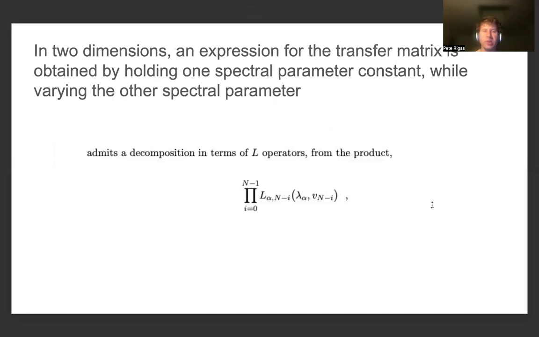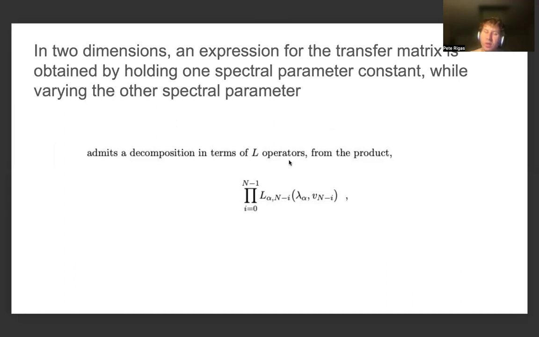And in 2 dimensions, an expression for the transfer matrix is obtained by holding one of the spectral parameters constant while varying the other spectral parameter, which is to say that in the reference that I made for Poisson structure and integrability of a Hamiltonian flow for the inhomogeneous six-vertex model, I directly adapted another expression of the L operator from Colomo and Franco in their paper, in which they provide an expression for the L operator under domain wall boundary conditions,